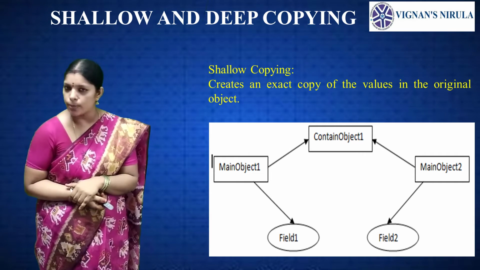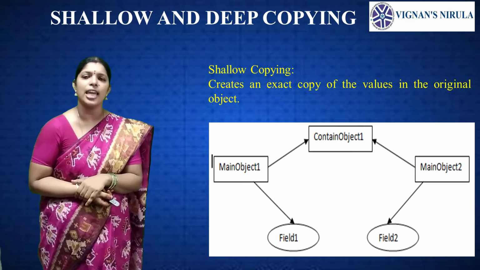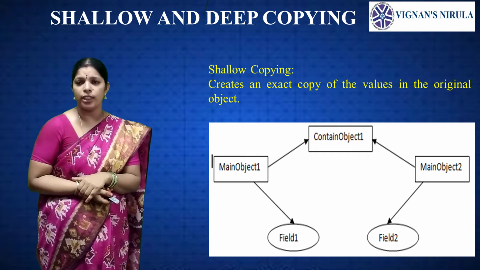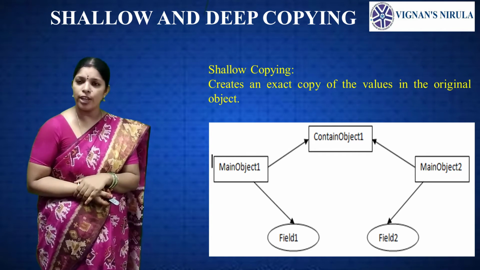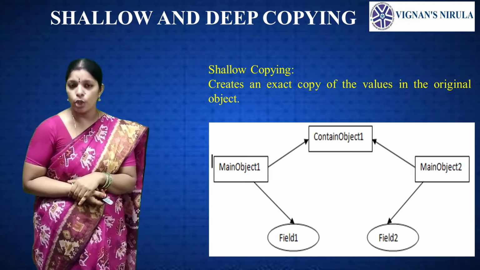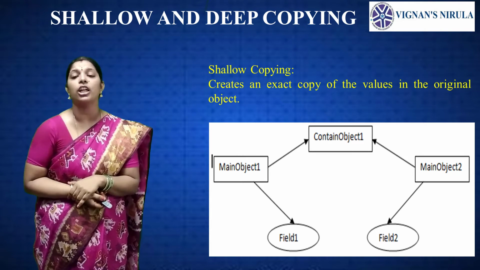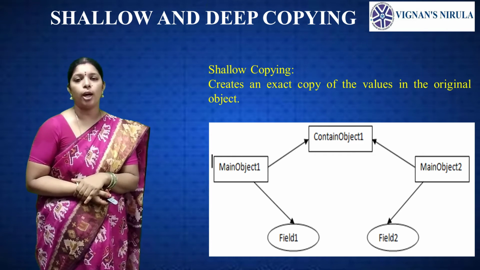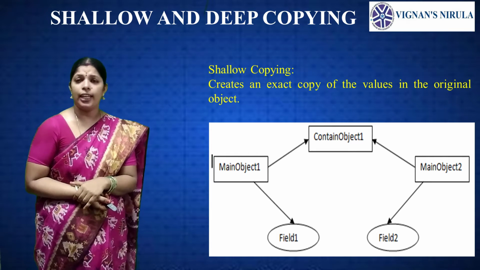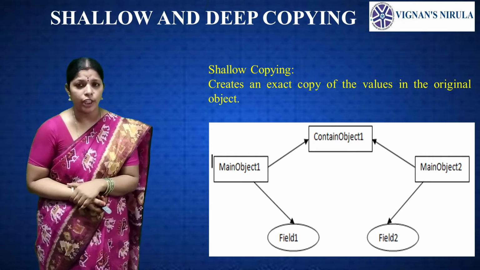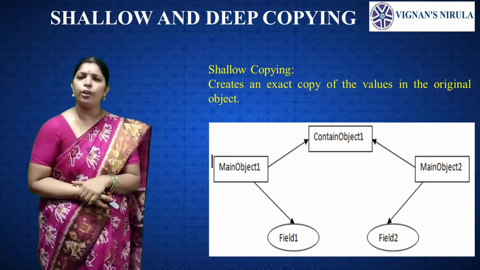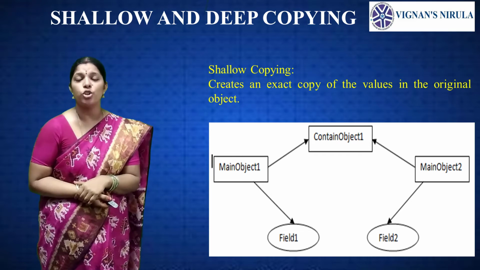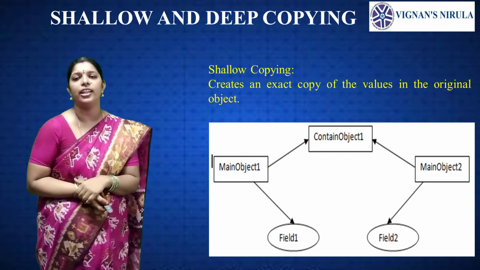So here, what is the cloned object? The cloned object refers to the same object which the original object refers to. Only the object reference gets copied and not the referred objects themselves. That's why it is named shallow copy or shallow cloning in Java. If only primitive type fields or immutable objects are there, in this situation there is no difference between the shallow copy and the deep copy.